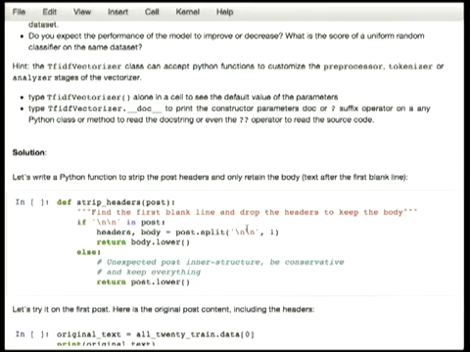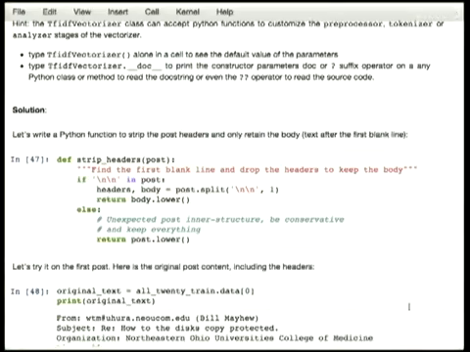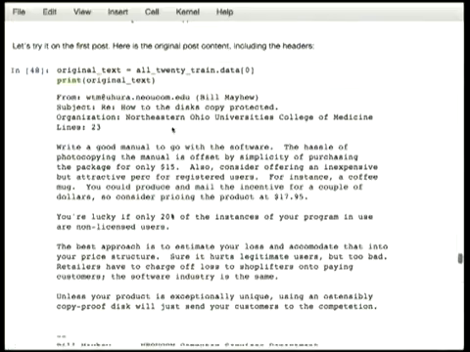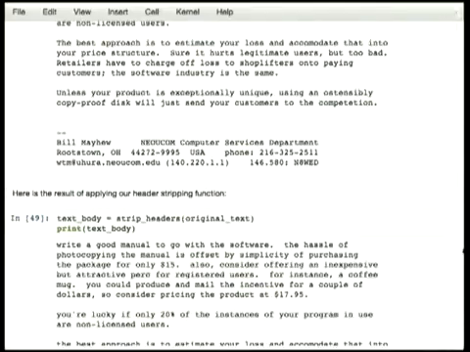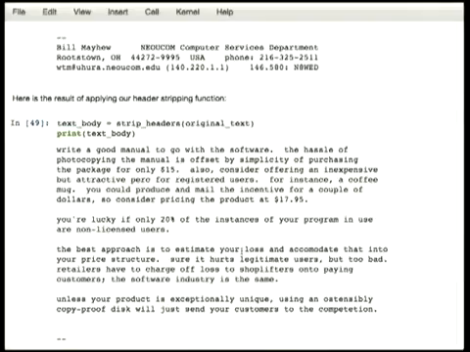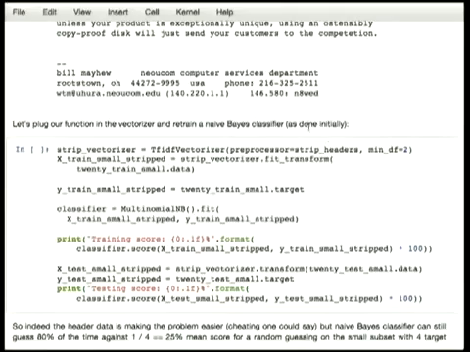So this function strips the headers by identifying two consecutive blank lines, and it will just return the body in lowercase. If I apply this to some text document with the header here, I get only the body. When I pass my preprocessor to the vectorizer here, and I compute the score of a model trained on the output of this,